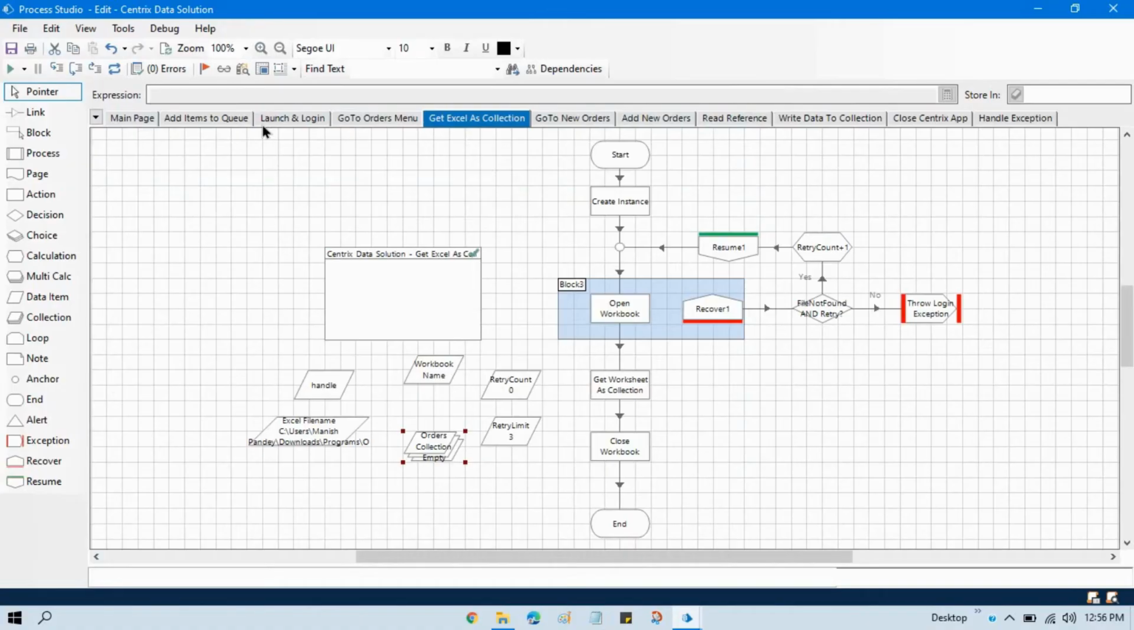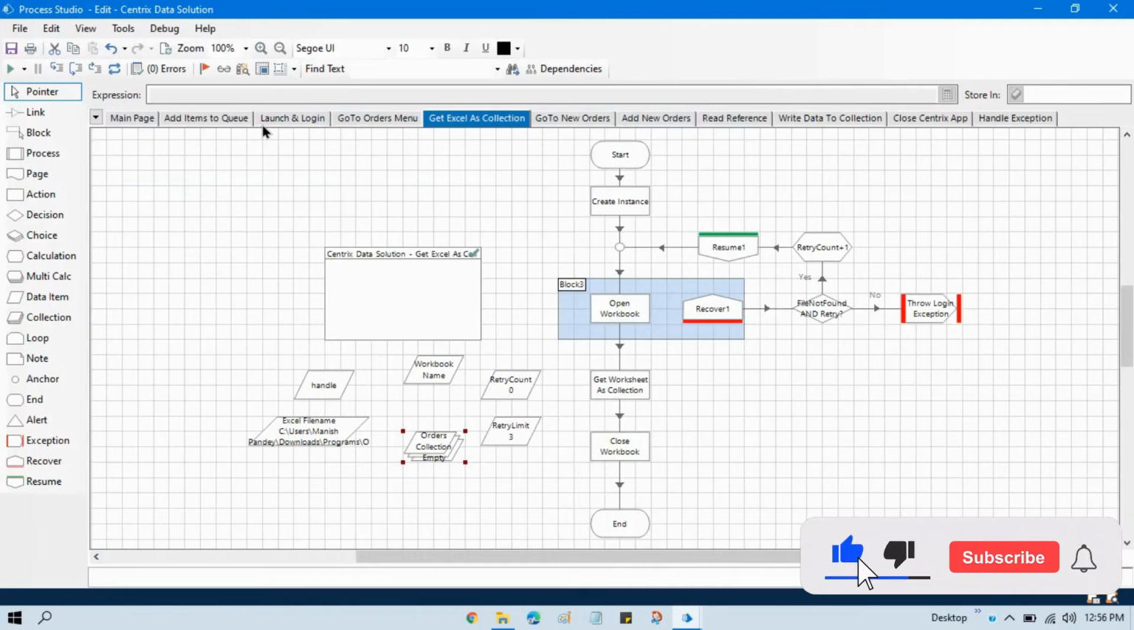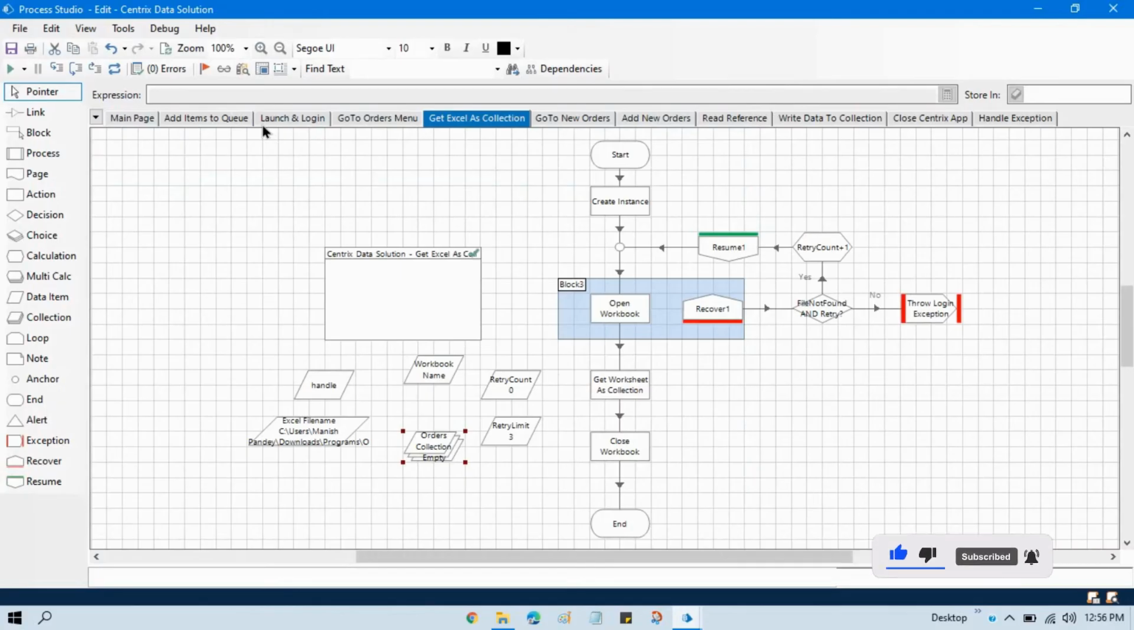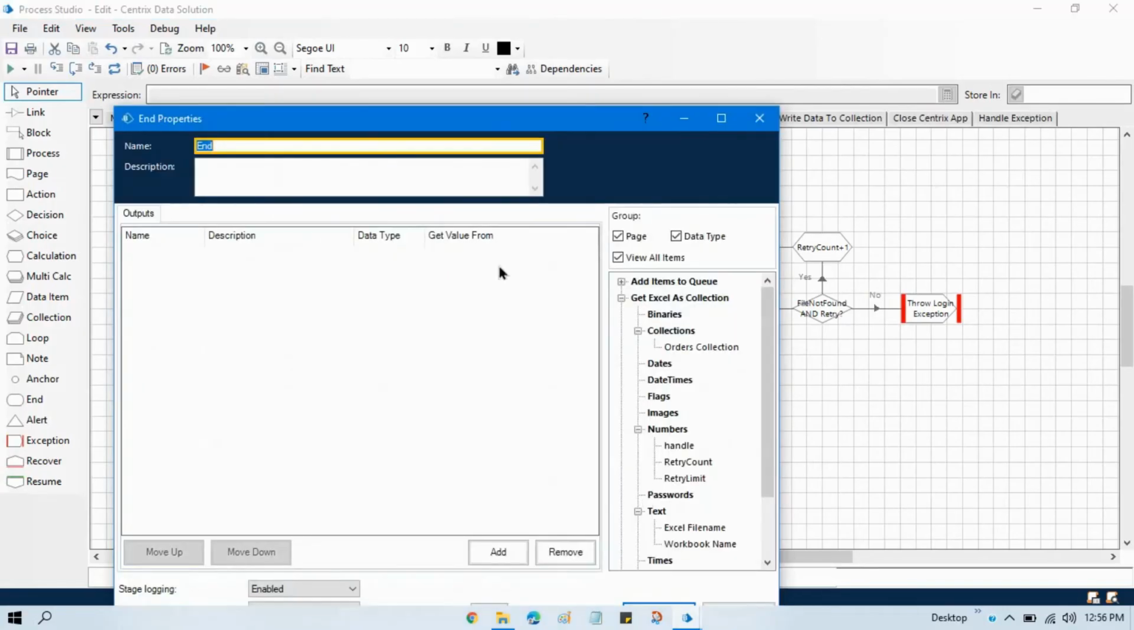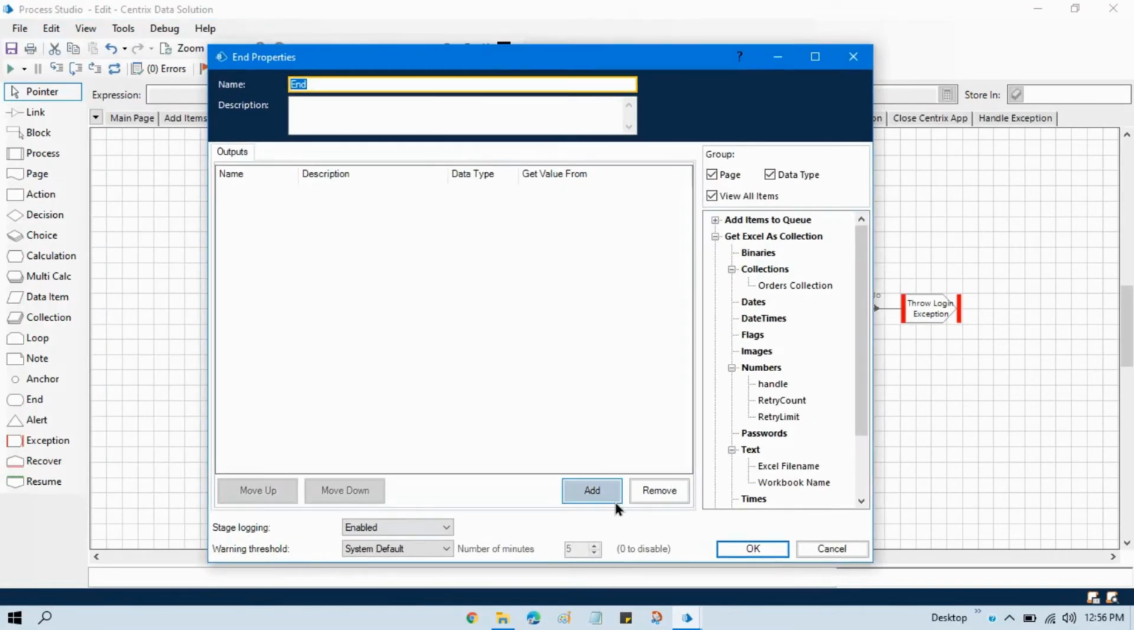So how can we do that? Now we are going to apply input output parameter. It means how to pass data from one page to other page. If you don't know about this one, you can go through my previous video. We need to double click on this and take one parameter here, that is orders collection,